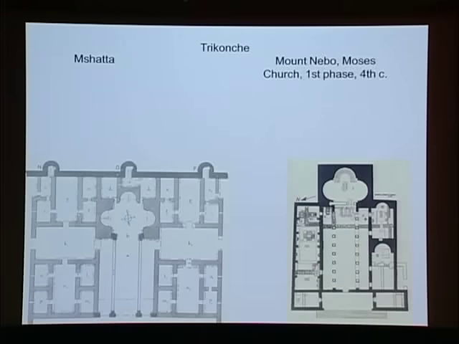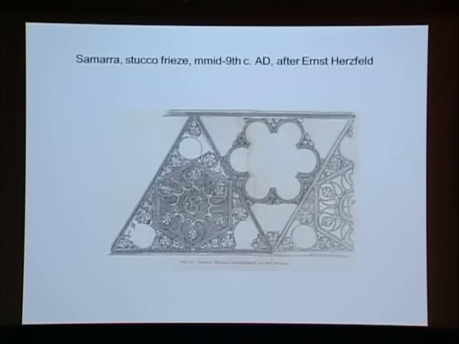The plan of the triconch is, of course, similar to some churches, the largest of which is the Church of Moses on Mount Nebo, which already in the earliest phase apparently shows this very similar construction, even in the outer forms. Still, it means to us that the triconch had been used for an imperial ceremonial used by the caliph in